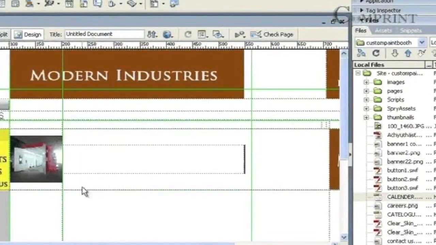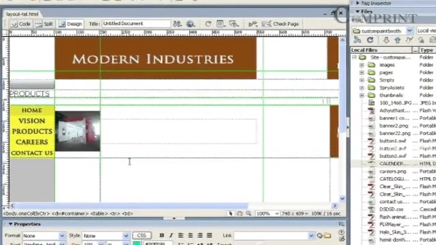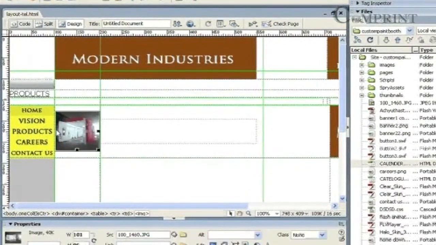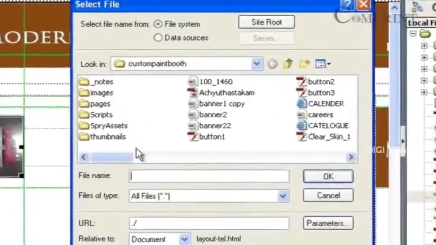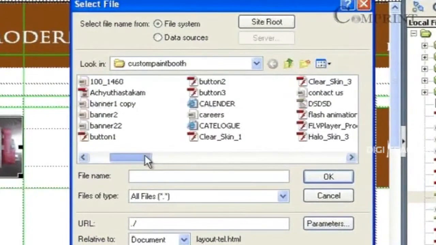In the same way, hyperlinks are also used to preview an image in its full size. For example, here we have a small thumbnail of a picture. If we want to set a hyperlink so that when we click on this small thumbnail we see the full image in a new browser window, select this thumbnail and go to the link area, choose the original file.